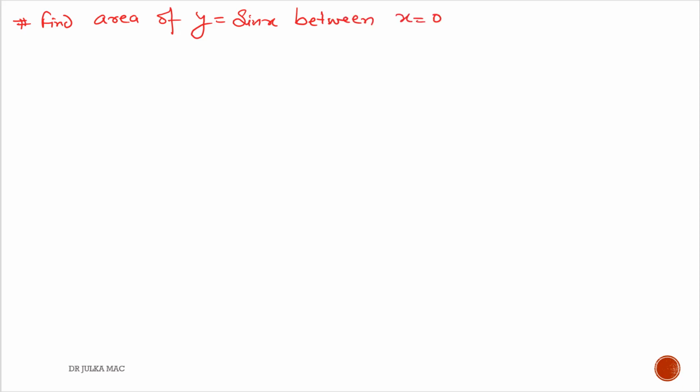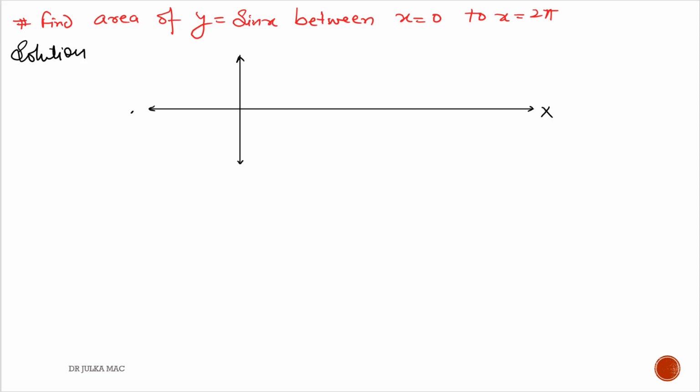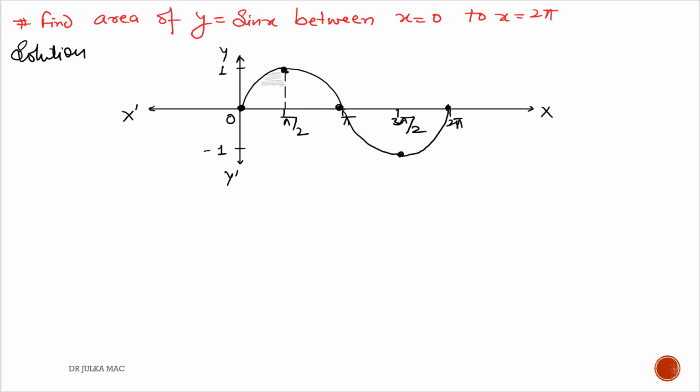First, we draw the graph of y equal to sin x. We take the value of sin x at 0, pi by 2, pi, 3 pi by 2 and 2 pi. Sin 0 is 0, sin 90 is 1, sin 180 is 0, sin 270 is minus 1 and sin 360 is 0. First, we draw the graph, shade the area and find the shaded area. Required area is